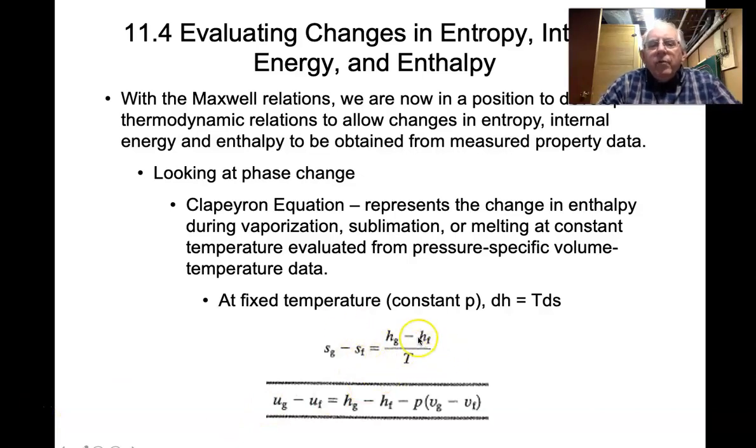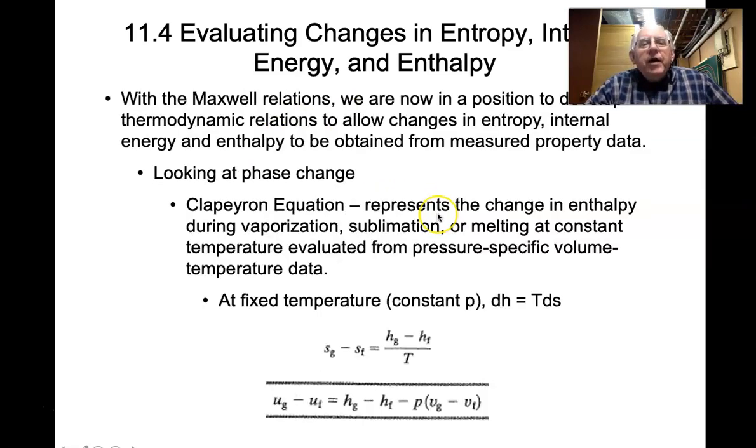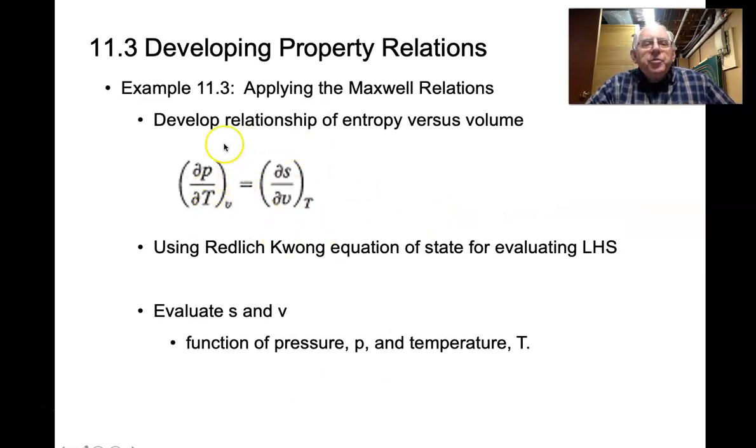Okay, now that we have that relationship for what is occurring across the phase change, the next step is developing what is referred to as the Clapeyron equation. And the Clapeyron equation looks at that phase change process, and it uses one of the Maxwell relationships that was originally discussed. And if I back up and show you this particular Maxwell relation, during the phase change process,